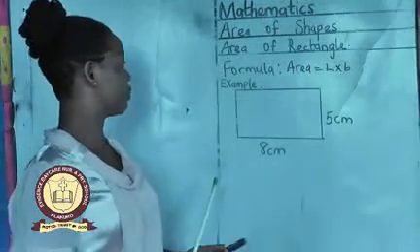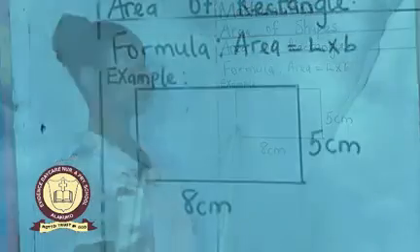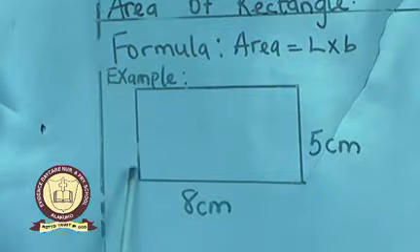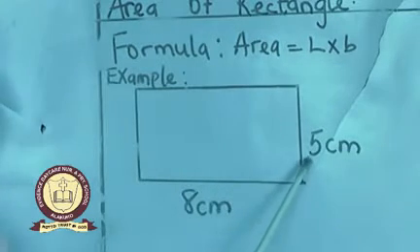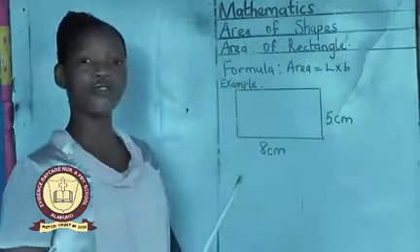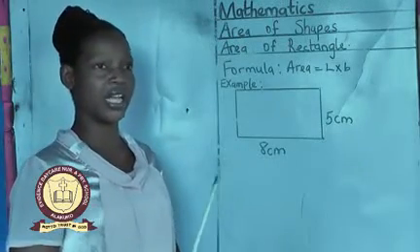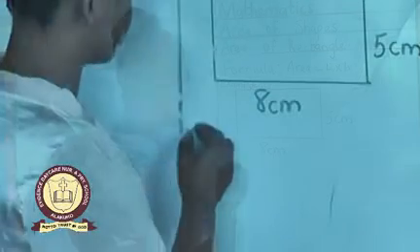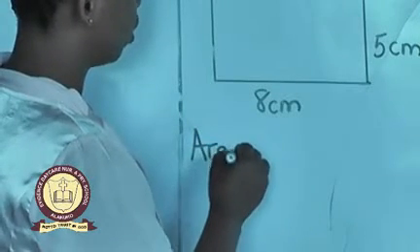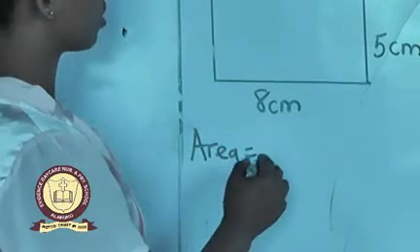Now let's look at this example. Look at this shape. This is a rectangle. This length is 8 cm while we have 5 cm here. Don't forget that your area is equal to length times breadth. Now let's do that. Area of this rectangle equals